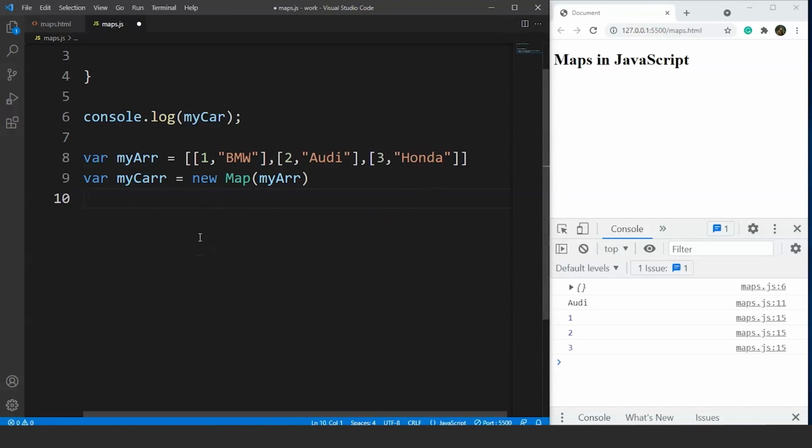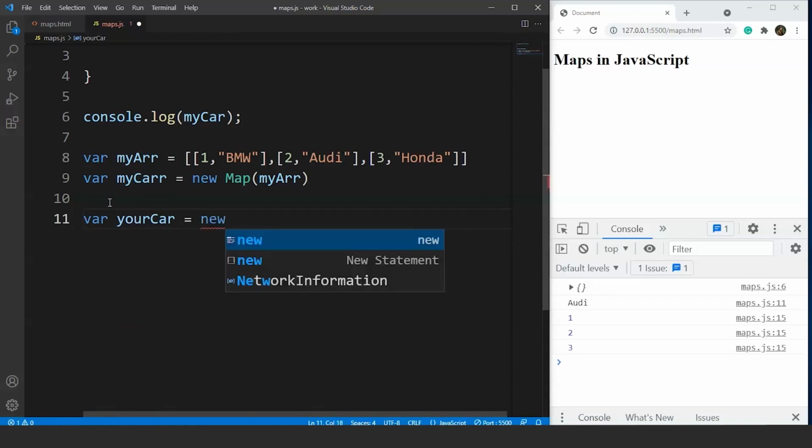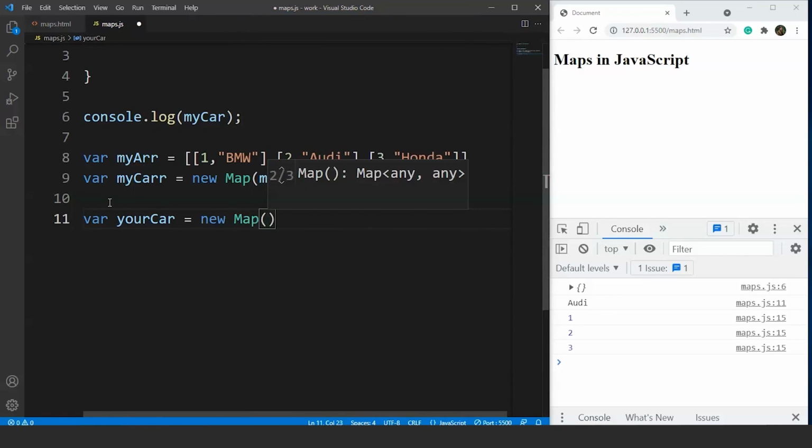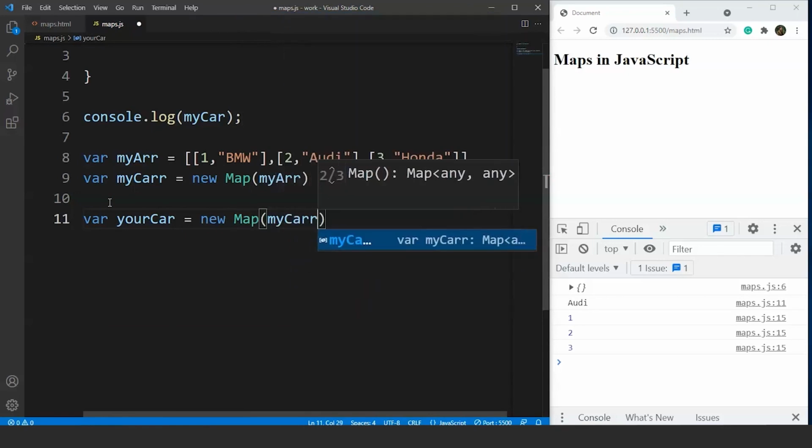Now we want to clone this map. So this is our map, myCar is our map, and we want to clone this, right? So let's say we have another map over here. We'll name it yourCar, and then we'll write here is equal to new Map, and we'll pass myCar as an argument here.